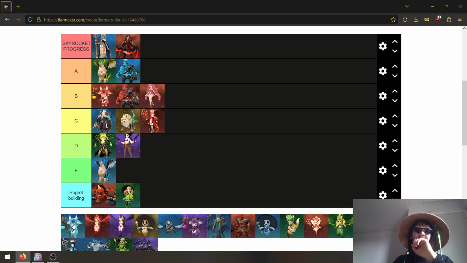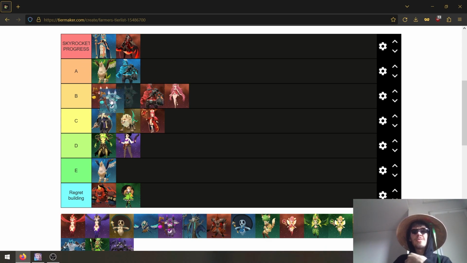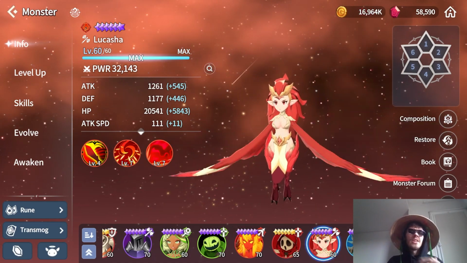So for what he did and for what his purpose was, he helped me a lot. But overall, as a unit, he's definitely nothing too special. I will give him below Bernard, because Bernard does help offensively due to his attack speed buff. I would give him somewhere close to, actually no, you know what, I will put him above Remy in the B tier. Okay, another unit that I recently discovered is Lokasha, the Fire Harp,